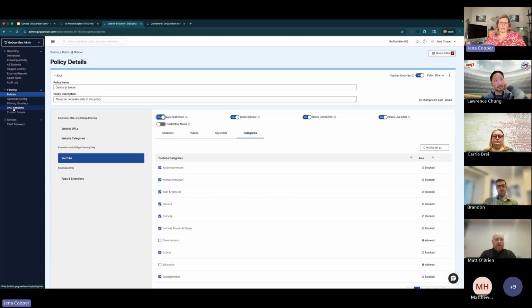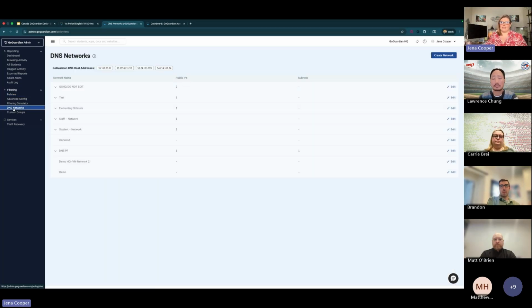We also, I'm not going to go into the details of it, but being a huge BYOD school area, we know that a lot of you have bring your own devices at your schools, which is one of the benefits of GoGuardian, that we are device agnostic. And so we can work with BYOD. And one of the things we've added this year is our precision DNS networks. And so we can go into more details on that as well. We would meet with a solutions engineer to be able to pull that out, but you have the ability to filter those visitors, those visiting devices, and delineate between teachers and staff and students and what those look like as well. Super powerful, especially for our BYODs.